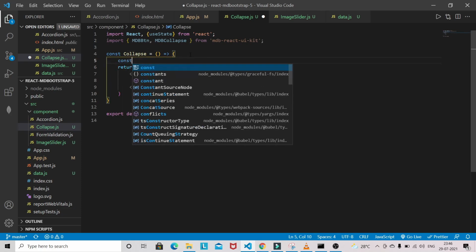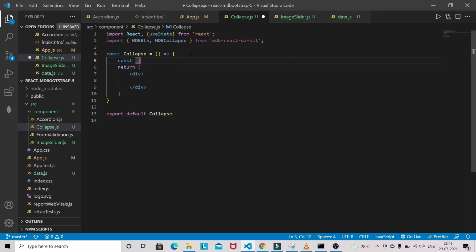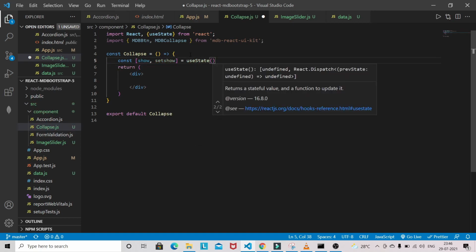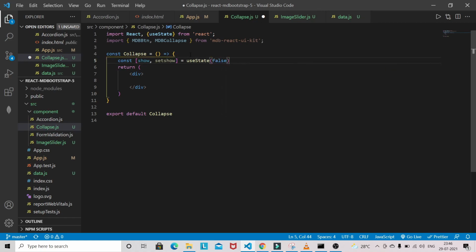We need to define one state. The state will be show, setShow, useState, and it will be false. We are not going to use div here. I'll be using a fragment here, and I'm going to use an MDB button. We'll have the onClick.